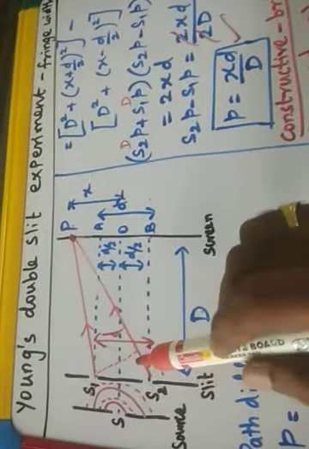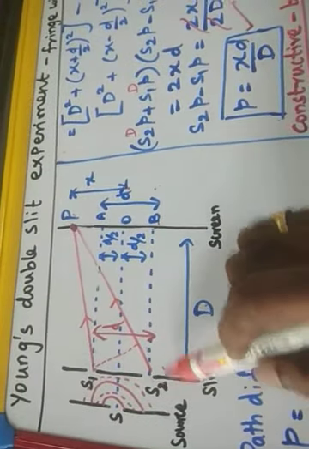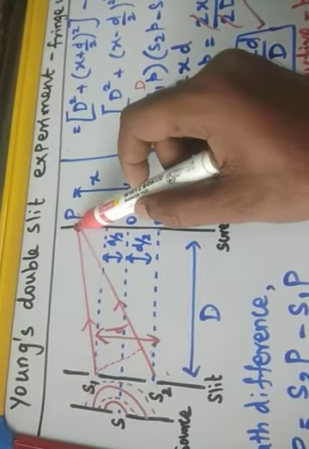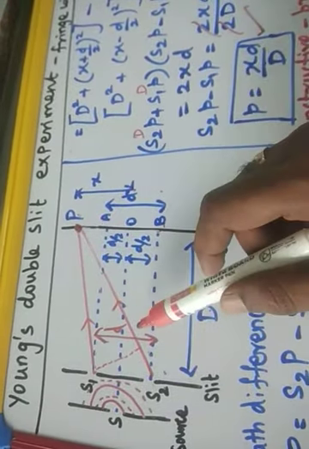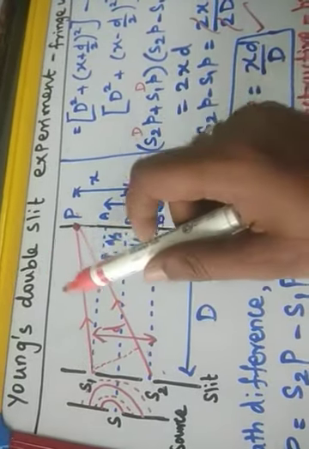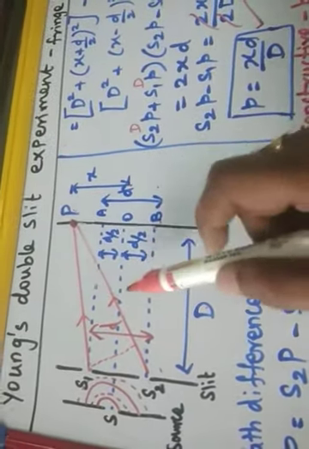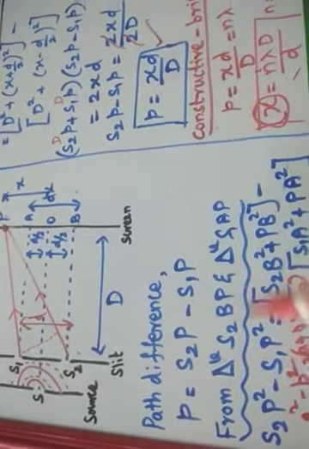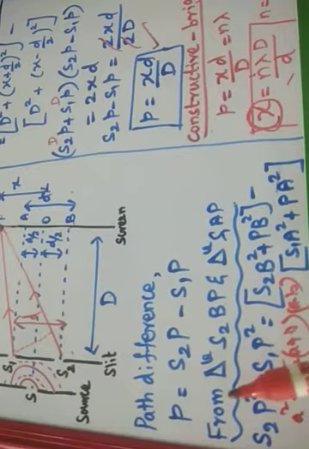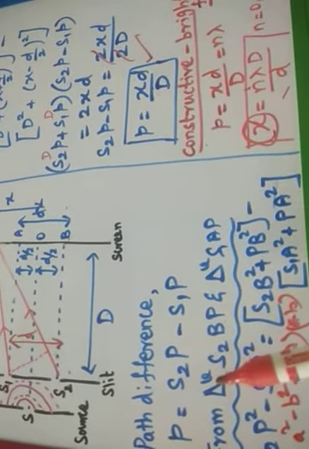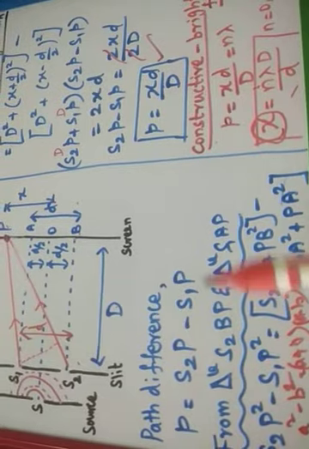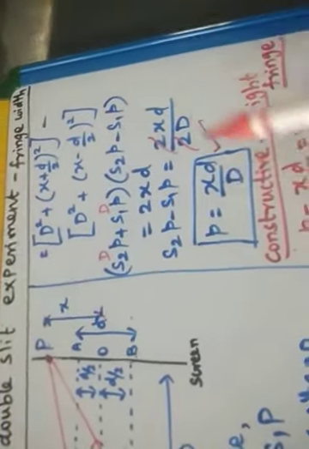So very simple, students. We are taking two slits. When the two waves hit the screen at point P at the same time, but during the travel S2P travels more distance than S1P, there will be a path difference. By solving this path difference problem using the usual trigonometric formulas and also the algebraic formulas (a plus b) the whole square and (a square minus b square) the whole square, we find the solution.